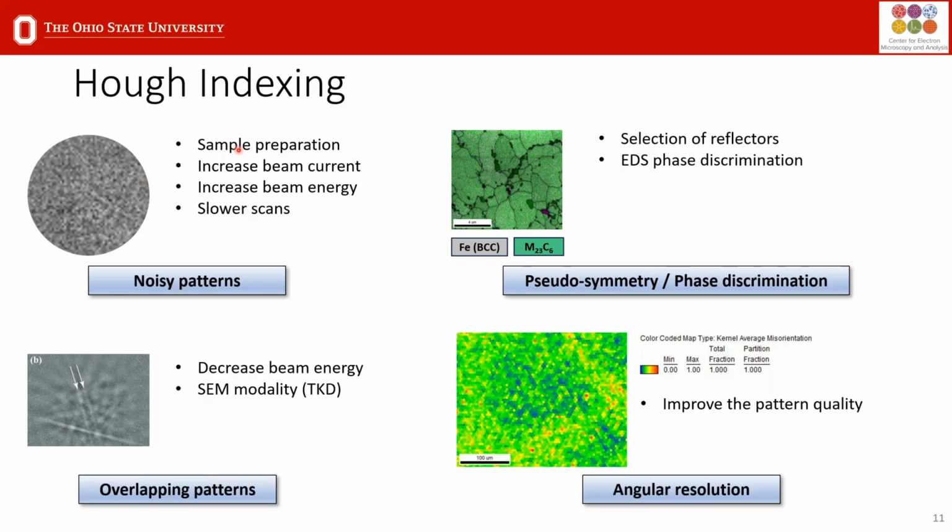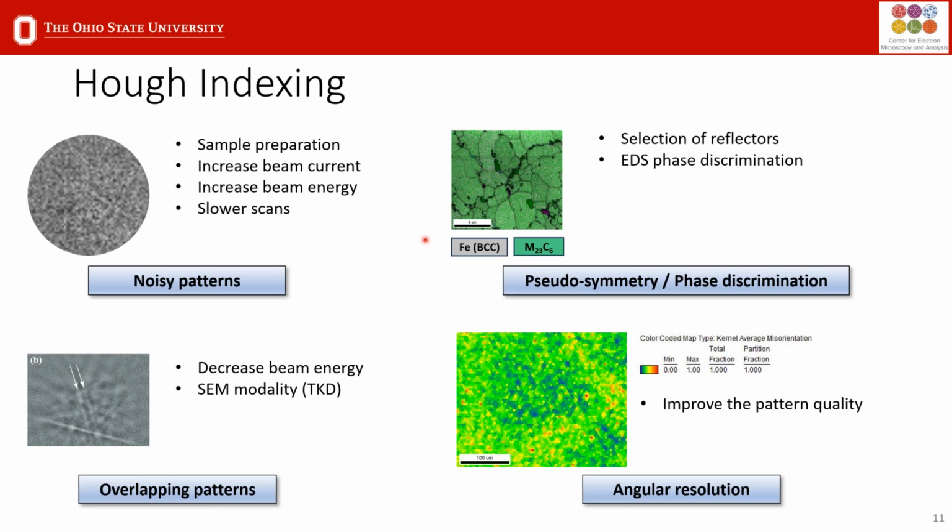So you really need to make sure that you optimize your sample preparation. Then another way to increase the signal to noise is to increase either the beam current or the beam energy. And then lastly, you can increase the scanning time for the pattern. So if you optimize your acquisition parameters, you can really make sure that you get the best possible patterns for